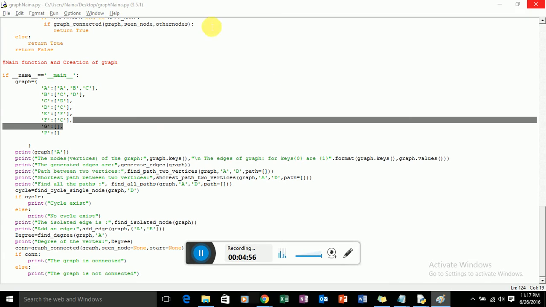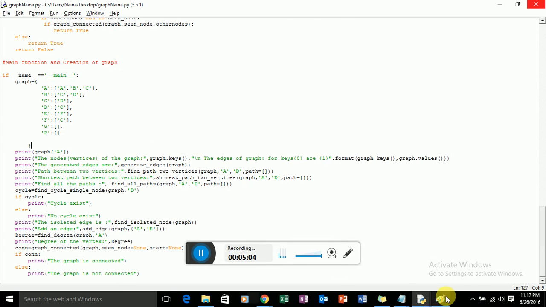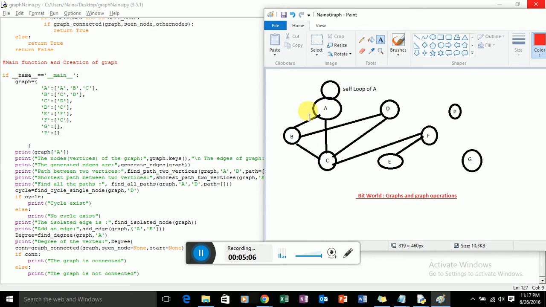So what does it mean? It simply means A is connected to A, A is connected to B, and A is connected to C. In the very same way, B is connected to C and B is connected to D, so you can see there is an edge between them.